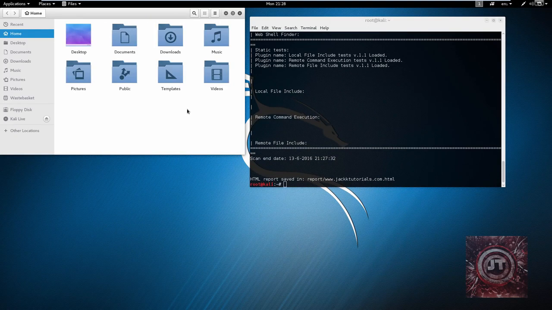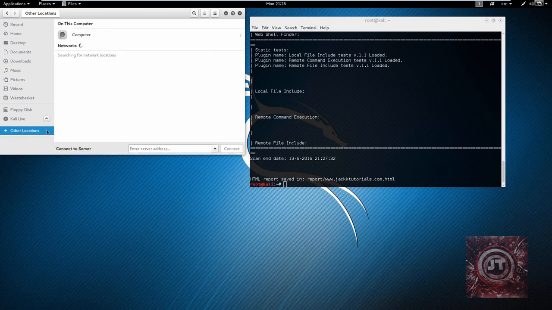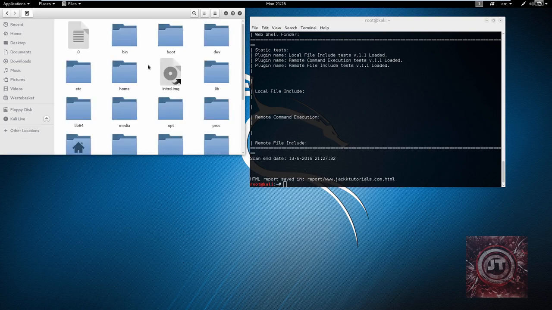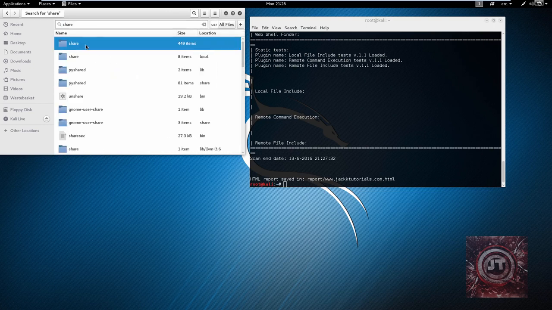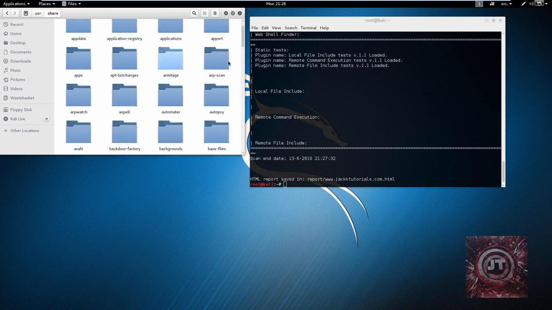It's a very nice, very professional looking report, so you can use this for, I don't know, real life pen testing if you were to do such a thing. So just go ahead and click on other locations and then go to computer, and then just type in user, and then go to share, and inside of share there should be a folder called Uniscan,